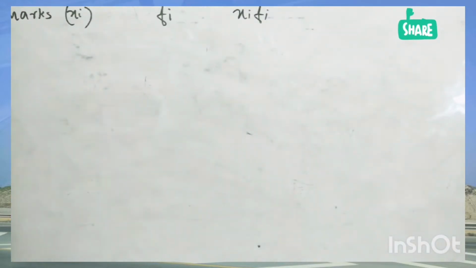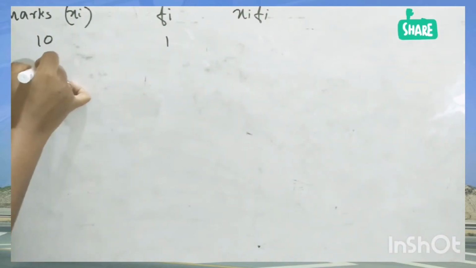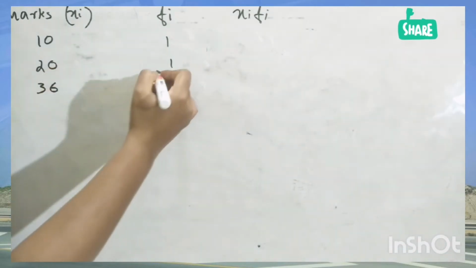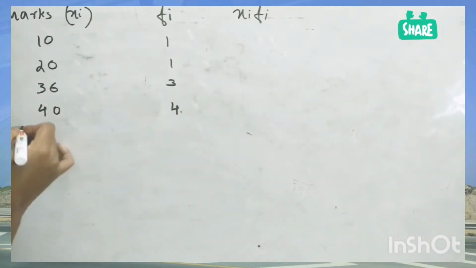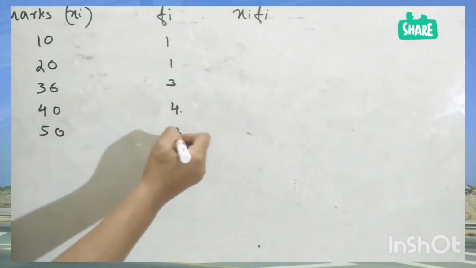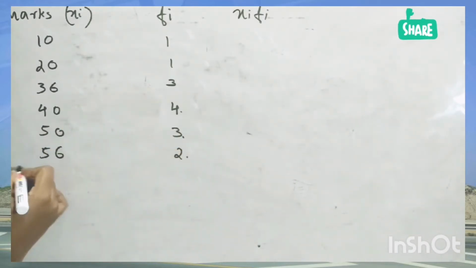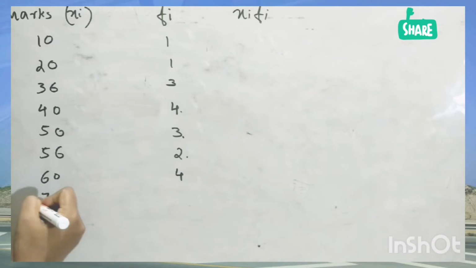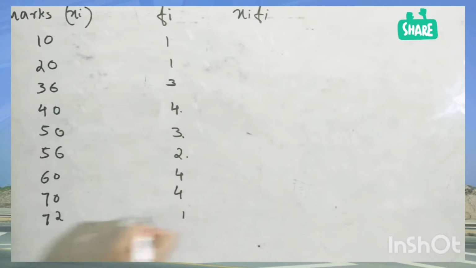We need to get xi fi. So the marks, I'm going to write 10, 1, 20, 1, 36, 3, 40, 4, and 50, 3, 56, 2, 60, 4, 70, 4, 72, 1,